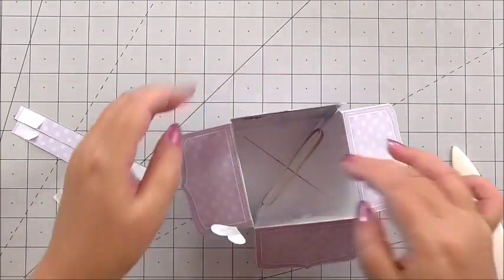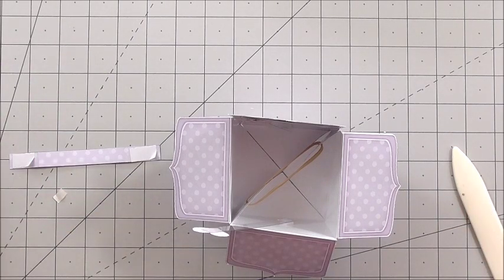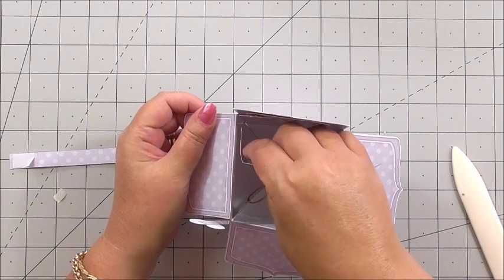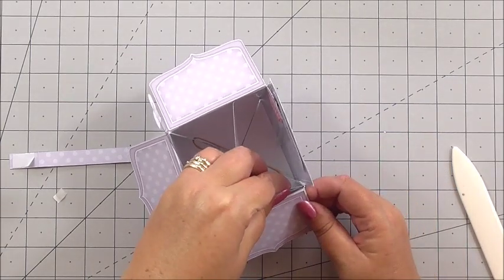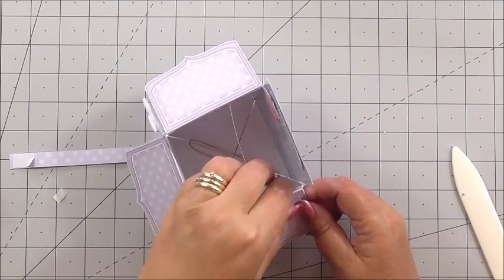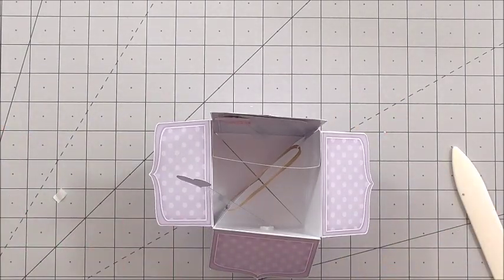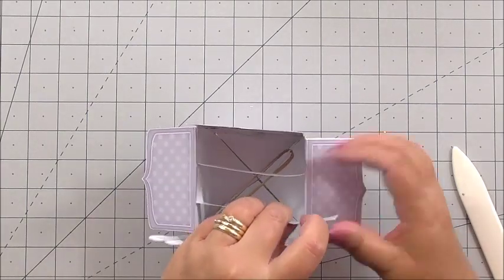Like so. So then we can add the tabs that Carol's included to either side of the box. Now I know the acetate, you can add as much or as little as you like. You don't have to do that. It's just an added extra really. So we add the tabs into the box and they go straight across like that and fasten to the sides. So there's one tab, and then our second tab we put in a little bit closer to the front, like so,